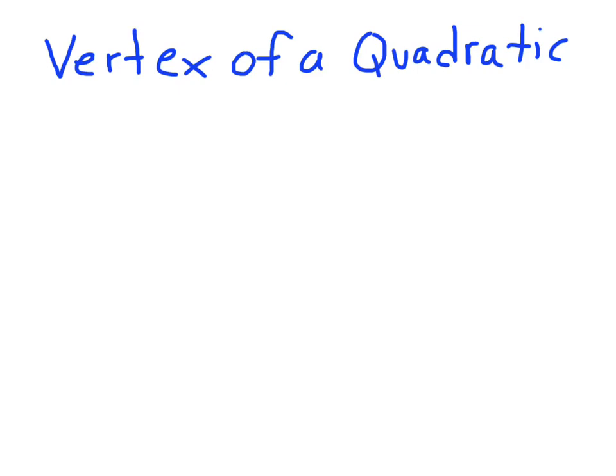This one is on finding the vertex of a quadratic and what I like to call the easy way of doing it. Some of you guys have probably seen my other video and learned in class that one of the more common ways of finding the vertex of a quadratic is through completing the square. But that's actually kind of a pain to do, and it's the hard way, I think, to find the vertex of a quadratic. The way that I like to show my students, and the way that I support them and help them and encourage them to use during exams and tests and things like that, is to use the axis